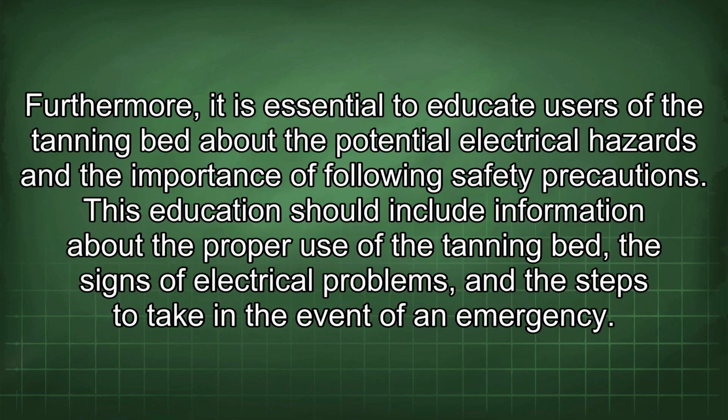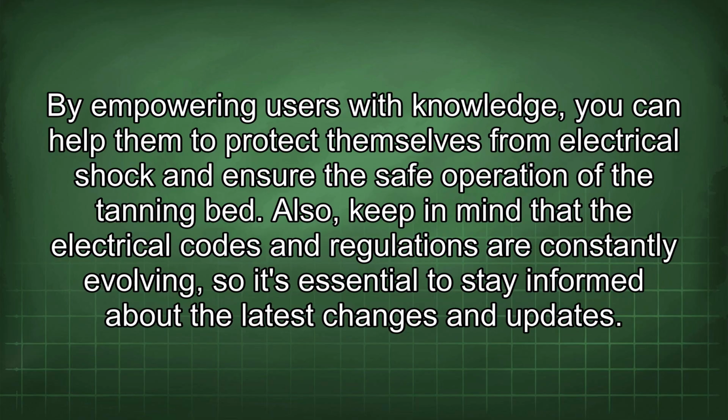Furthermore, it is essential to educate users of the tanning bed about the potential electrical hazards and the importance of following safety precautions. This education should include information about the proper use of the tanning bed, the signs of electrical problems, and the steps to take in the event of an emergency. By empowering users with knowledge, you can help them to protect themselves from electrical shock and ensure the safe operation